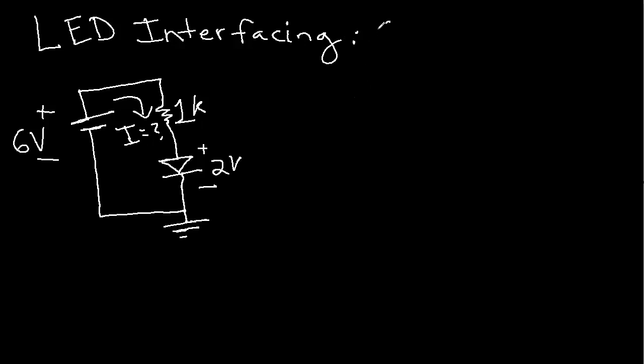So we're going to use Ohm's law, which is one of the important laws in electrical engineering. Ohm's law states that voltage across a node is equal to the current through the node times the resistance of that node. So we're going to take this node here, and first, we want to know what the voltage is across this